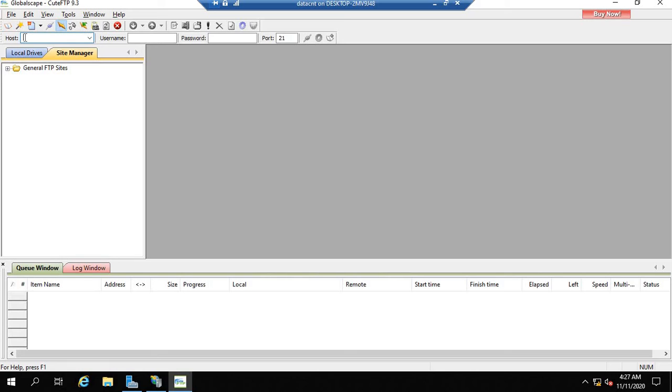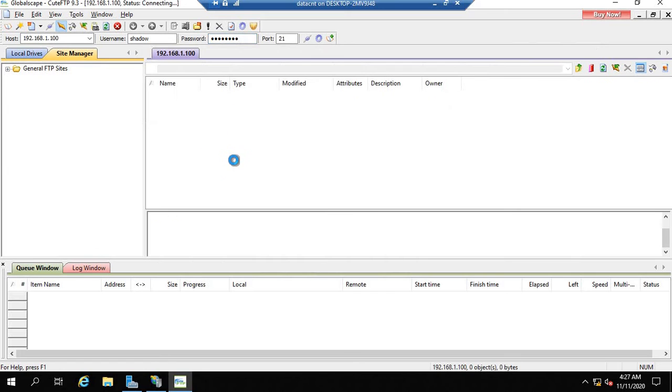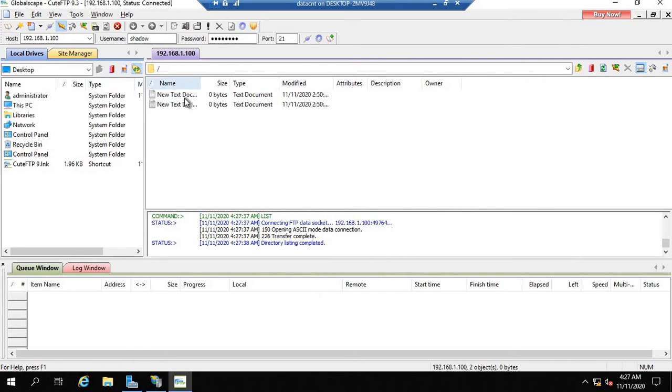using the Qt FTP. You can use any other app, or maybe FileZilla as well. So I'm going to log in to my FTP server as a client. It is a host, that means the server or the PC that has hosted the FTP server, and a username who is allowed to use it, and the password of that user. As soon as I try to connect, whatever files are shared in that FTP server are going to display over here, like you have seen last time.